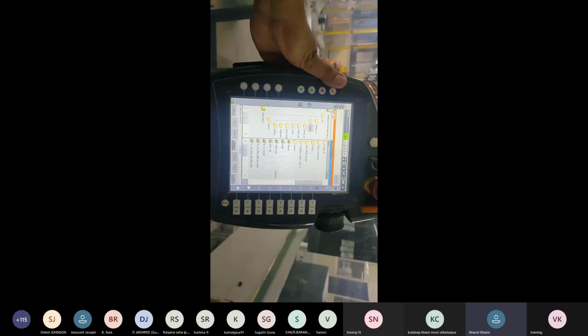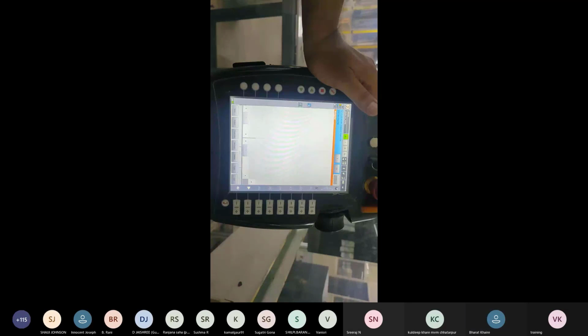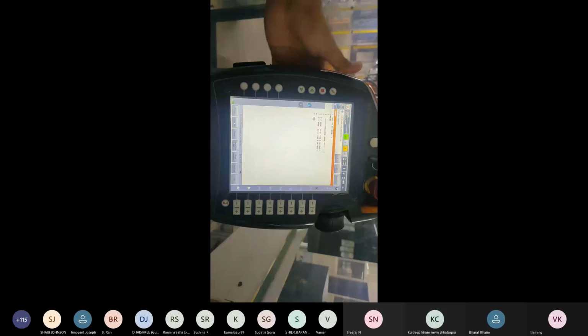So in every teach pendant, one program should be given. It is a home position program. This is the program to take the robot to the home position. So a home position is always given to all robots for safety.